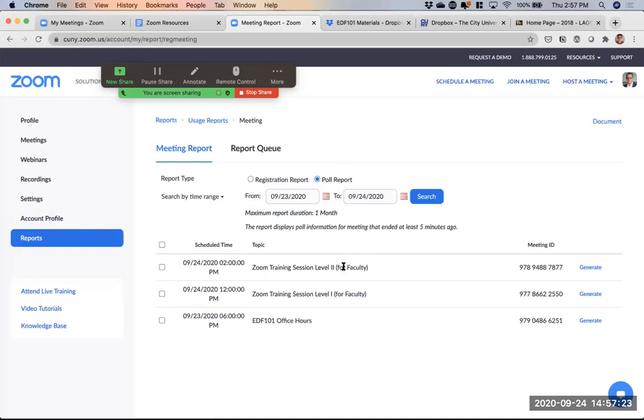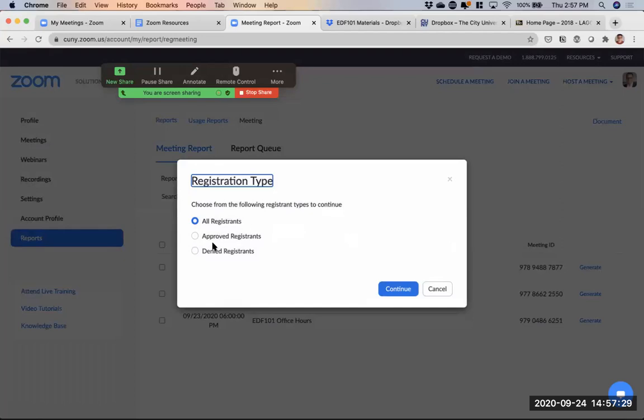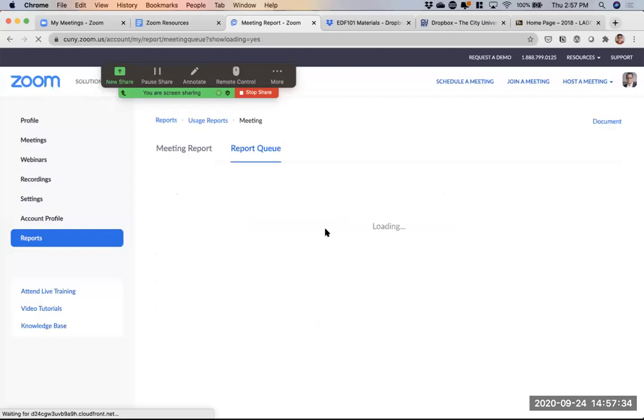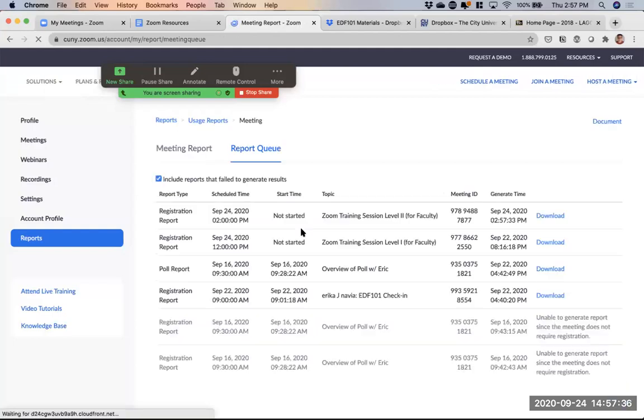If you're looking for that, you're simply going to see, I'm not sure if I did one poll for this, but I'm going to go ahead and click on generate. I'm just going to click on continue. I think there's no polling right here, if I'm mistaken,